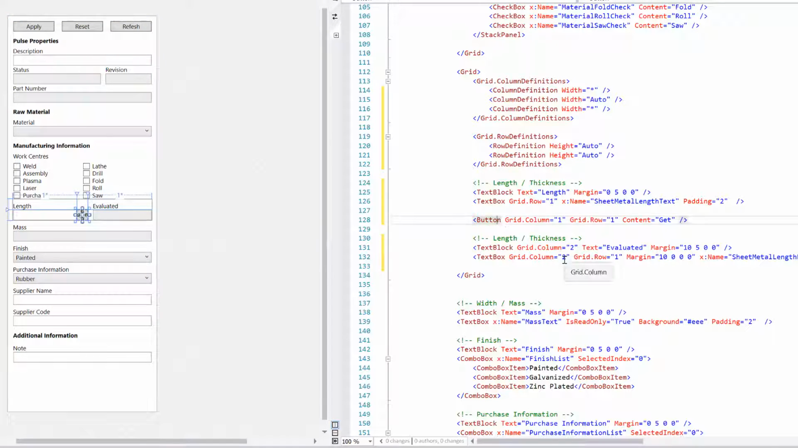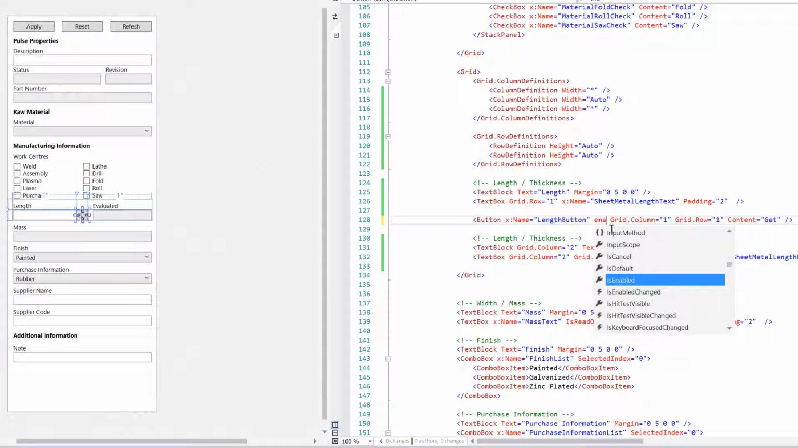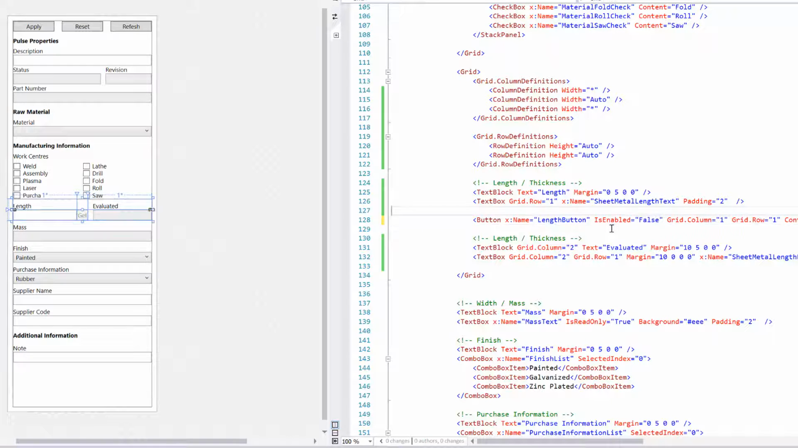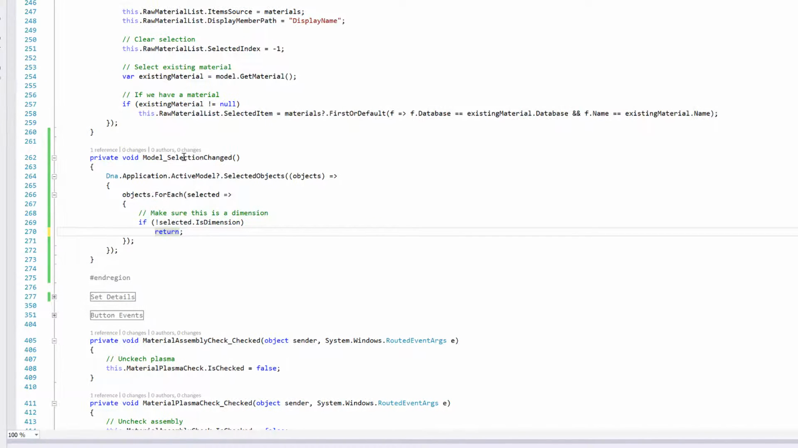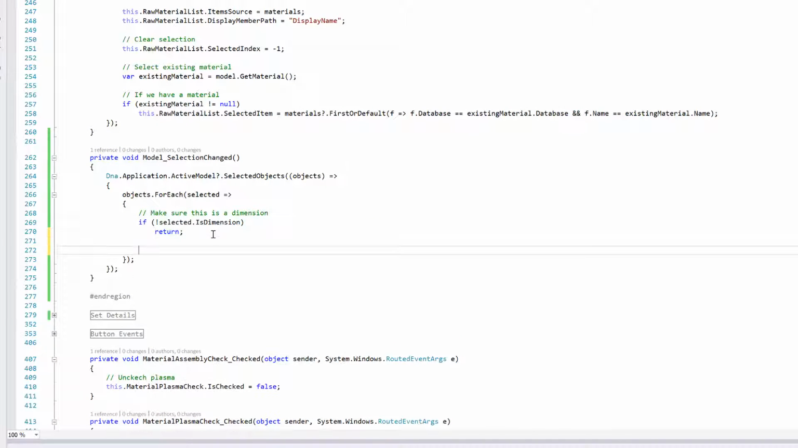We'll call this button length, we'll just call it length button, we know what it is. And now we want this to be disabled by default, so is enabled as false, so they can't click it. And then in the code behind, when the selection changes, if we do get a dimension, so if we get to here, we then do